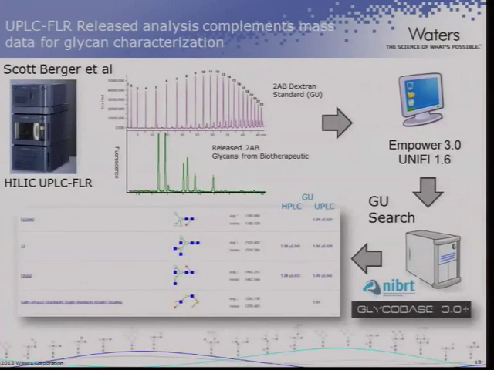So this is what it looks like. This is the LC, this is the dextran ladder. So this is the dextran hydrolysate. It's got glucose units, all different lengths. So it goes from 2 to 22 or something. So this is your calibration ladder. So this is your sample